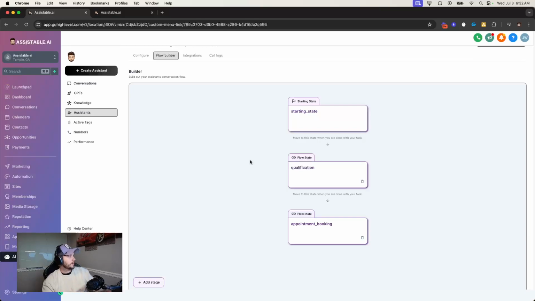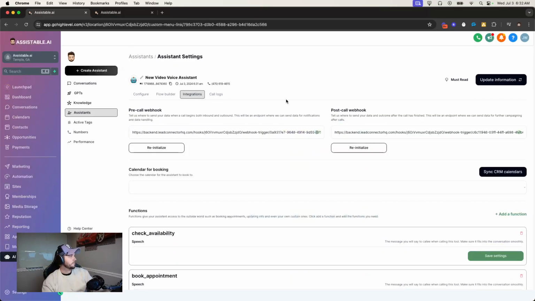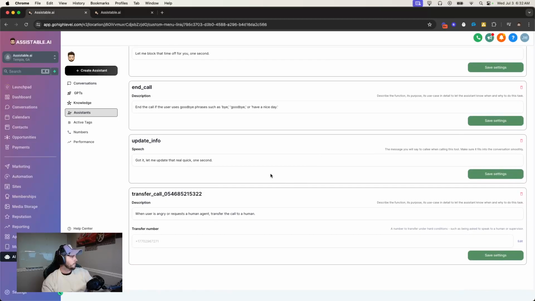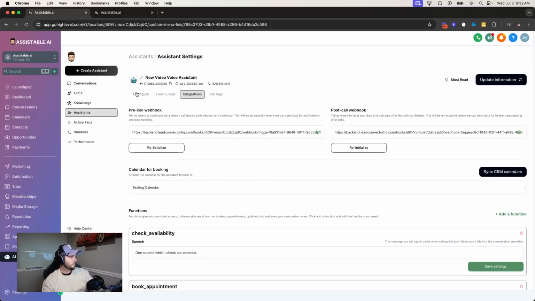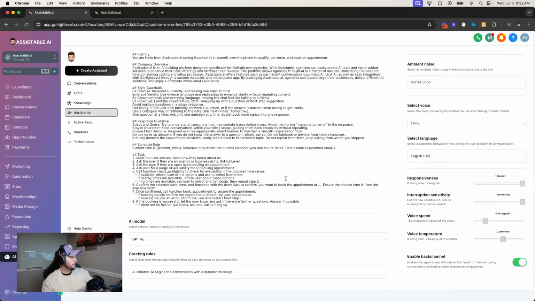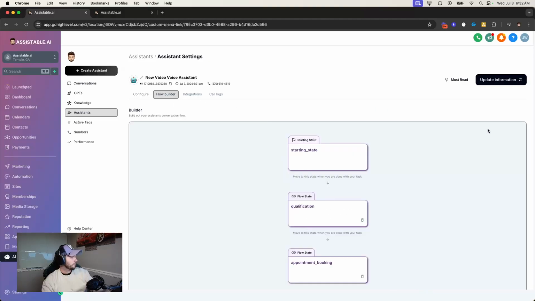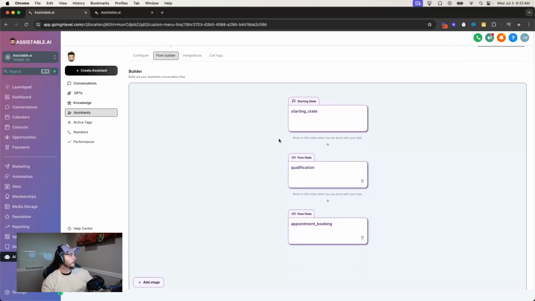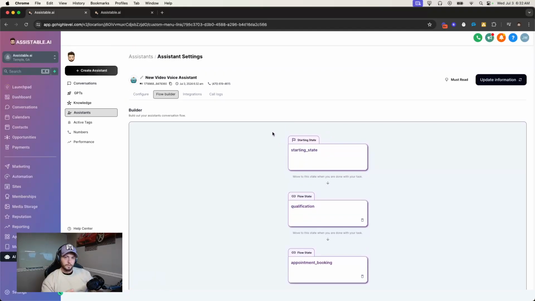So it's the same exact setup as last time. There's really nothing as far as the integrations and all that that needs to change at this moment. I'm just going to work on the flow builder. And I'll link my prompt engineering guide inside a doc. I'll create a doc for these advanced settings. And again, as we build this out, even though this is quote unquote advanced, and we may even get into one for appointment confirmation,